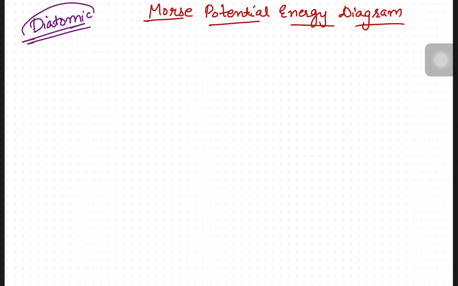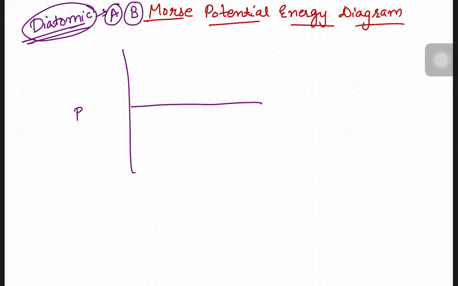Diatomic systems are those systems which have two atoms. So let's consider atoms A and B. In the Morse potential energy diagram, we have potential energy along the x-axis and the internuclear distance